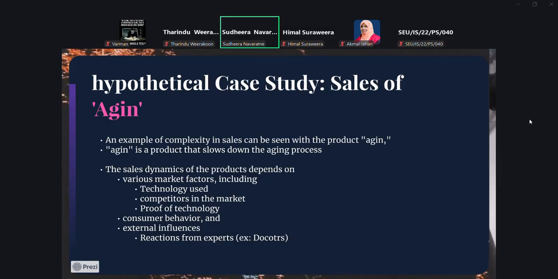Modeling such a complex scenario, sometimes we can do mathematical modeling, and we can do certain mathematical modeling for optimization techniques, and very complex optimization techniques.